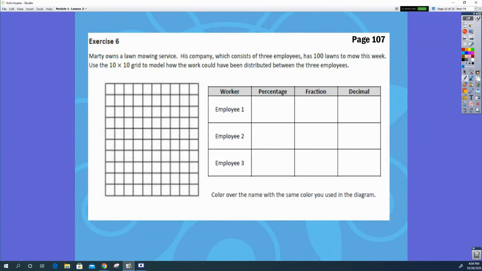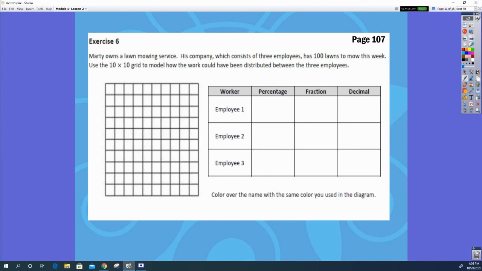Page 107, exercise 6. Marty owns a lawn mowing service. His company, which consists of 3 employees, has 100 lawns to mow this week. Use the 10 by 10 grid to model how the work could have been distributed between the 3 employees. So right now, we have 3 employees, and they have 100 lawns to mow. We need to figure out if we were to distribute